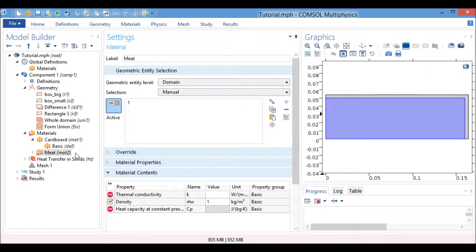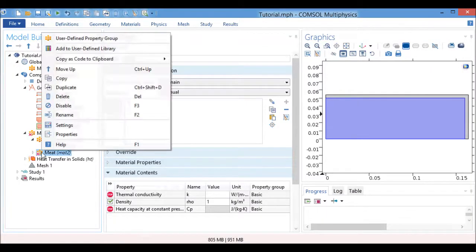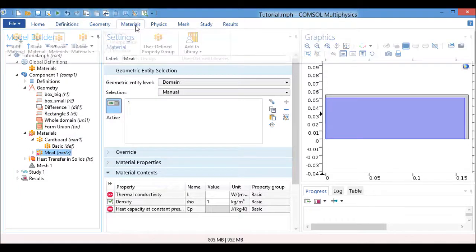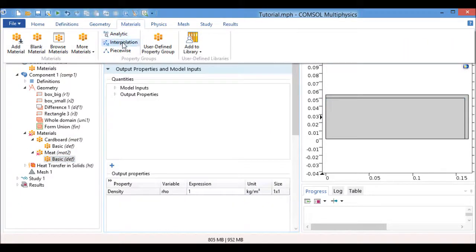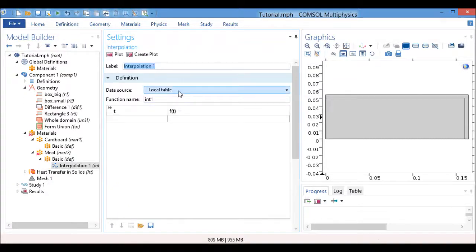Then let's do it from here, basic definitions, and then interpolation. Well, let's put a label of this property, which is rho Cp, well, PCP, but it is representing rho Cp prop, and then